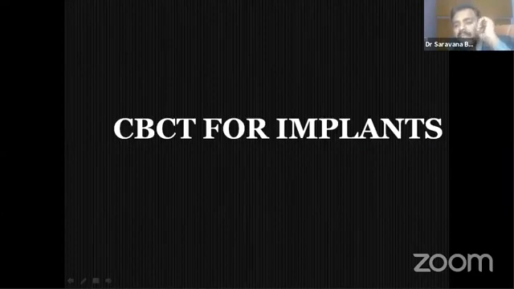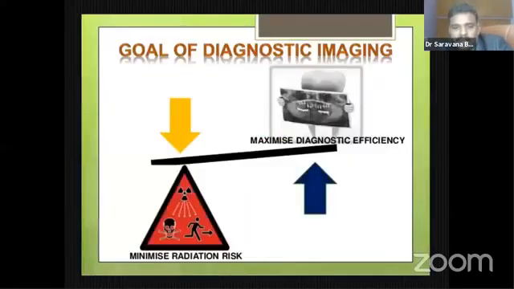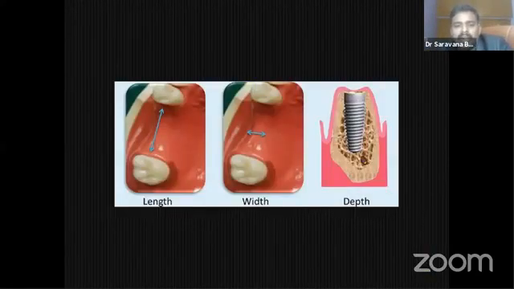Okay, and most importantly, everybody will be interested in implant imaging only. I told you how to measure the implant tool. I will tell you what is not possible from the 2D data. Length is possible. That is, the length of the edentulous site is possible from the OPG or IOPA. That means, for example, if tooth number 16 is missing, the distance between 15 and 17 is possible from the 2D data.